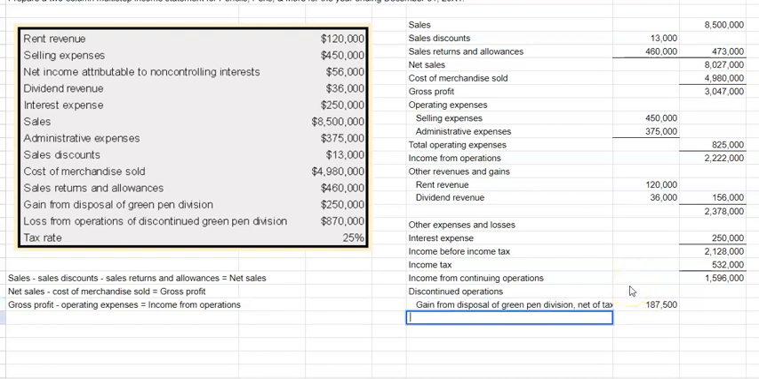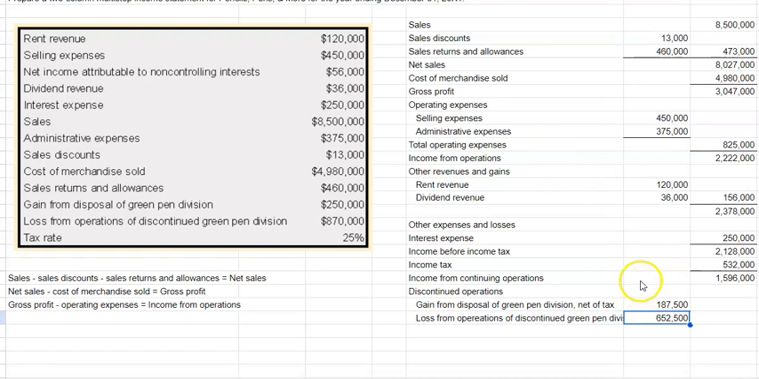It's going to work the exact same for the loss. Loss from operations of discontinued Green Pen Division. It was a loss of 870,000. If we do it by 1 minus the tax rate, we'll get the 75% that is left over after that tax benefit, since this is a loss. So really, the net effect of this is just a loss of